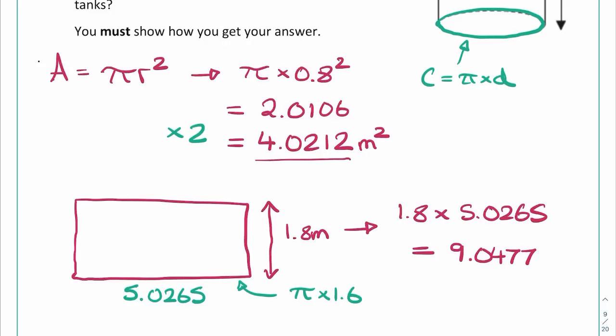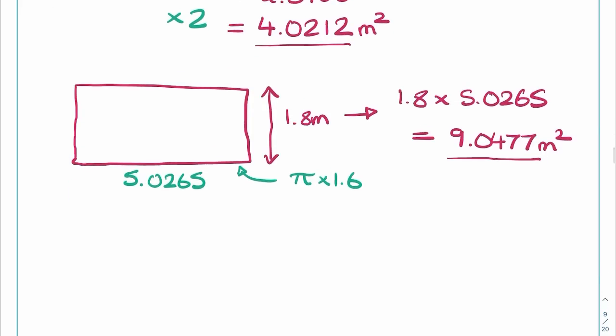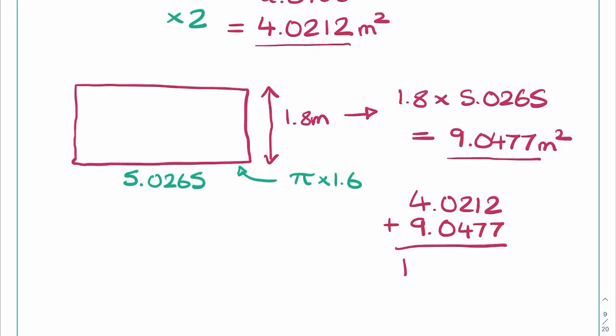It's an 8 after the 7, so technically we should round it, but it's fine to leave it like this for the context of this question. And there we go. So if we add those two together, 4.0212, add 9.0477, now I'm not actually going to do column addition here, just a way of writing out my working. I just need to add the 4.0212 on the calculator, and I get my final area or surface area of one cylinder as